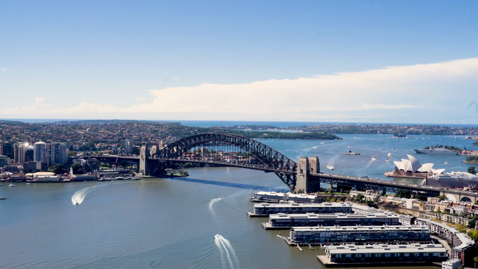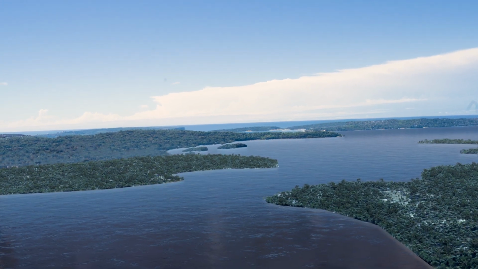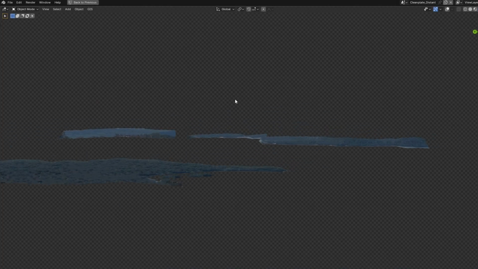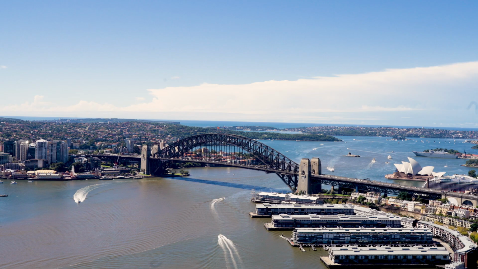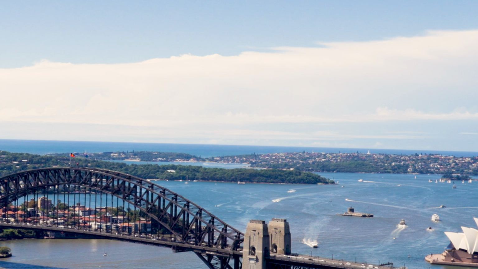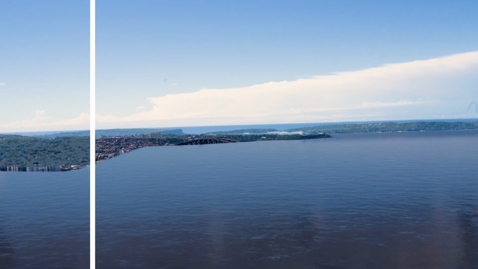To roll back the clock and visualize the untouched past of Sydney Harbour, we used a few techniques. 2 matte paintings were made for the distance and midground. For the distant areas, simple colors were used to blend out the top of coniferous trees. The layers were stacked, and a subtle mist was added.